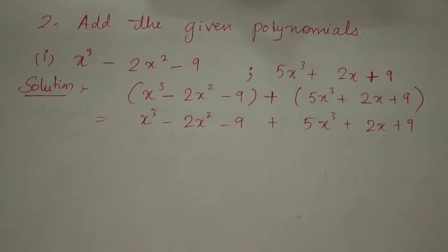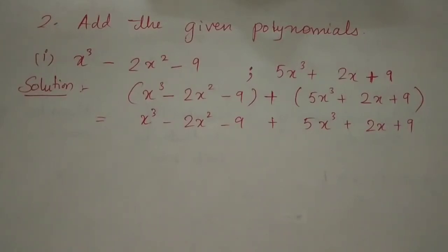Now in the next step, I have just removed the bracket and I have written whatever terms are given. Now in the next step, we are going to write down the like terms together. Like terms means the terms which have the same variable part. We'll start with the highest one first. So here x cube and 5x cube are like terms because they have the same power on their variable. So I'll write x cube plus 5x cube together, and I'll write down minus 2x